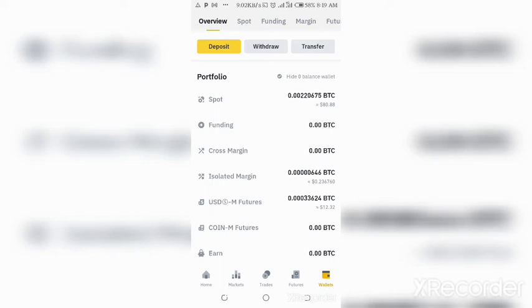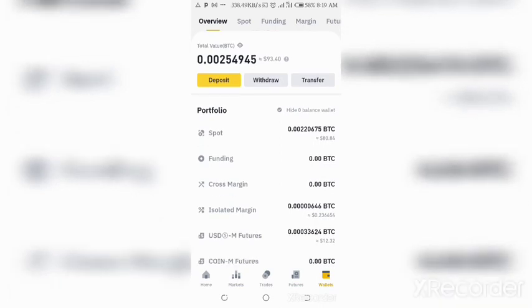So now let's go on. I want to transfer money. You see that I have money in the spot wallet. That's where most of my trading capital is, and I use futures trading, which is this one here, where I have this amount of money, $12. Then here there are $80. So let's say I want to transfer